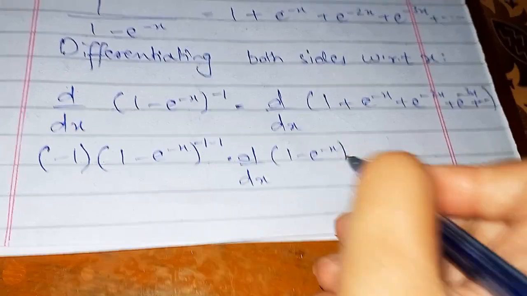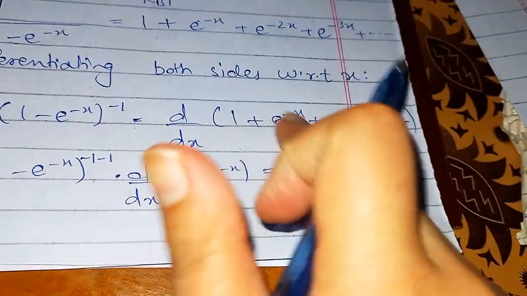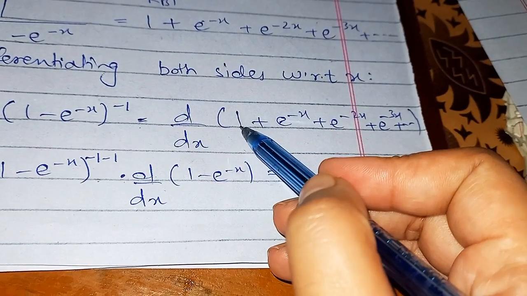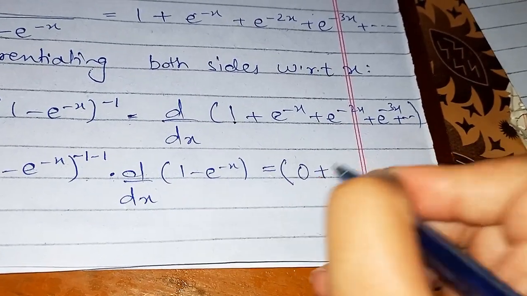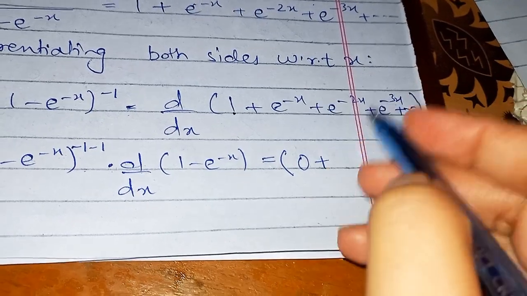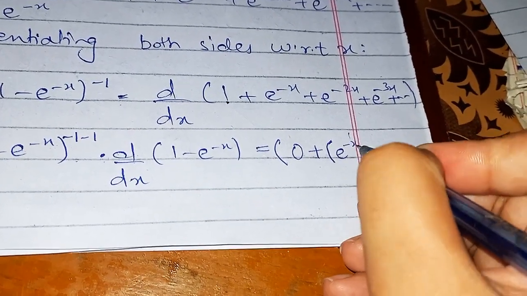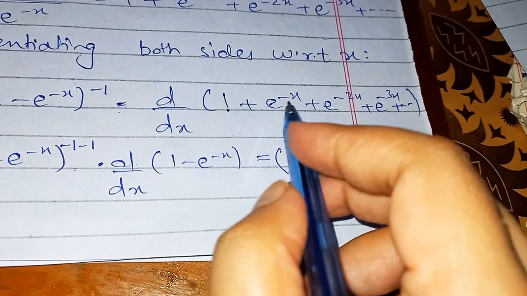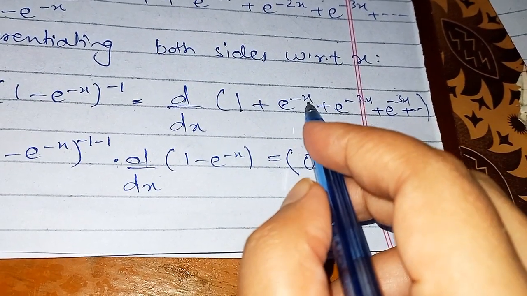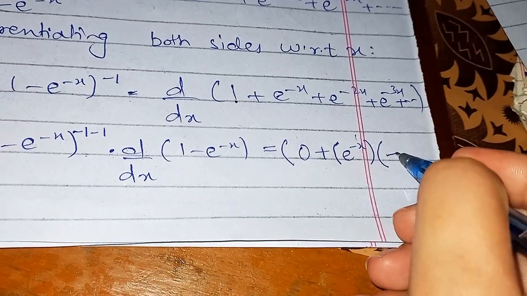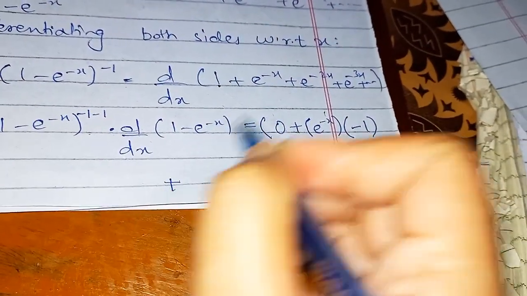1 minus e to the power minus x, that is equal to, we'll take the derivative of each of these terms. The derivative of 1, since it's a constant, is 0, plus the derivative of e to the power minus x is e to the power minus x times the derivative of its power. The power is minus x, the derivative of minus x is minus 1, so it's simply minus 1, plus